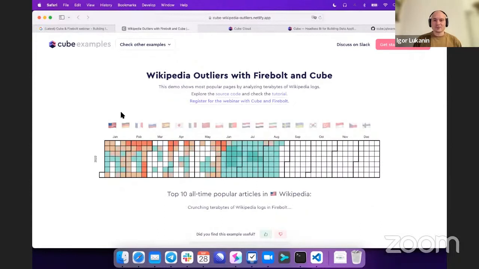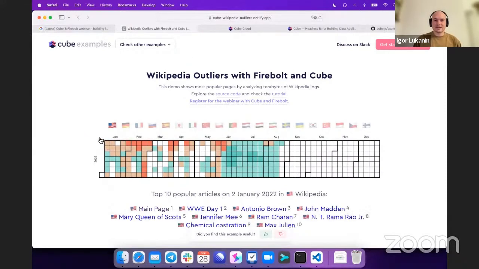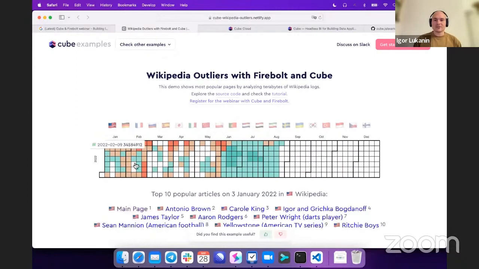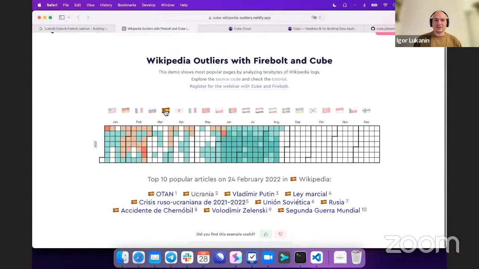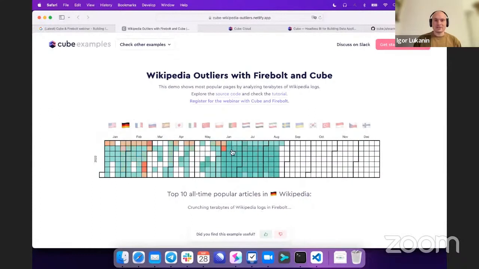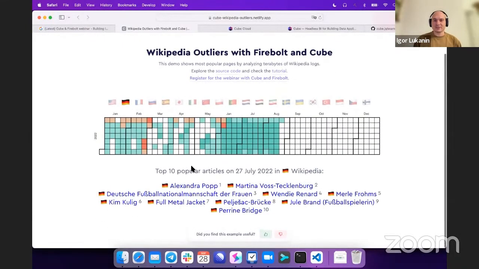So the English version of Wikipedia would be this, and then I can select a particular day, right? And then I might be switching between days. I might be switching between languages, right? And here we're looking at Wikipedia in Spanish. You can pick German, and yeah, we'll see that, indeed, on different days